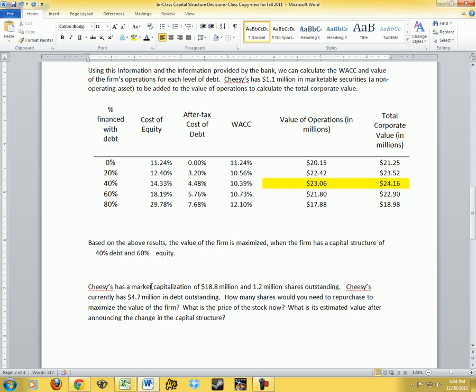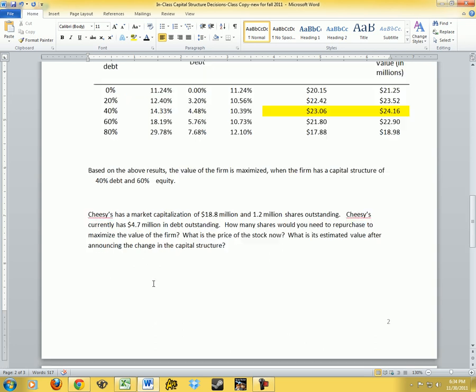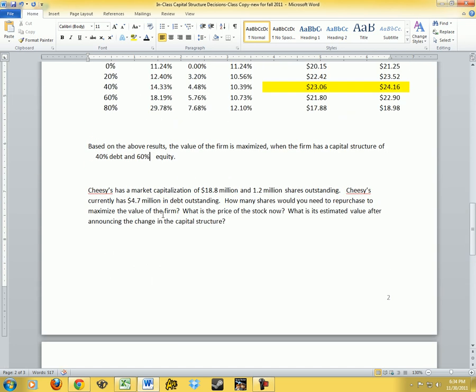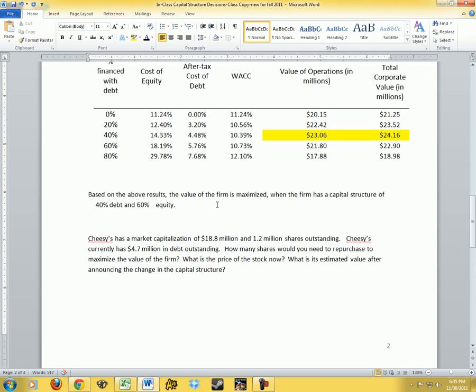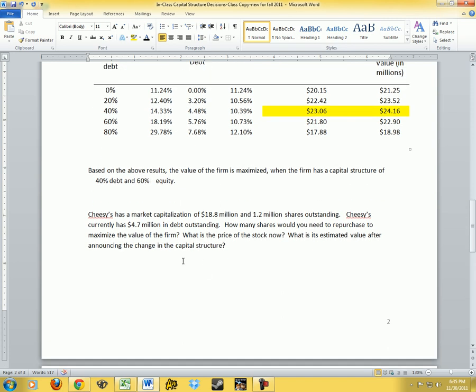So down below we see that the company has a market cap of 18.8 million and 1.2 million shares outstanding. They currently have 4.7 million in debt outstanding. So now we need to figure out how much debt they would need to get to in order to get that 40-60 split. So we're going to go back out here